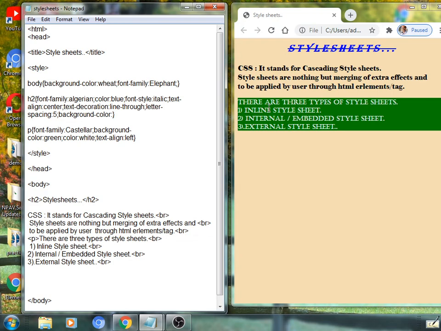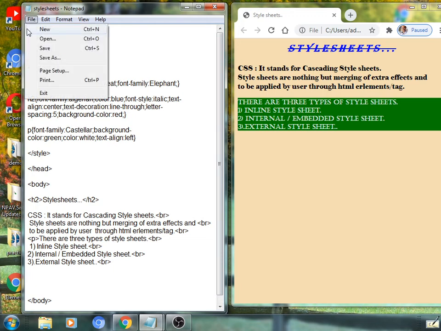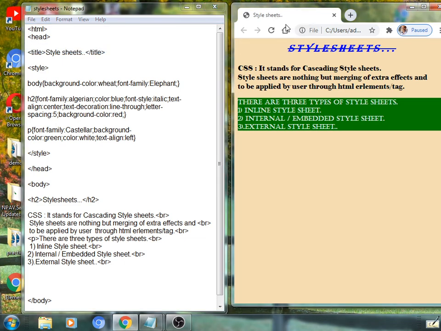Any color you can apply here, no doubt. For background-color, I have given red. Save this and refresh. A red color for this word, style sheet. This word is styled through the selector H2.